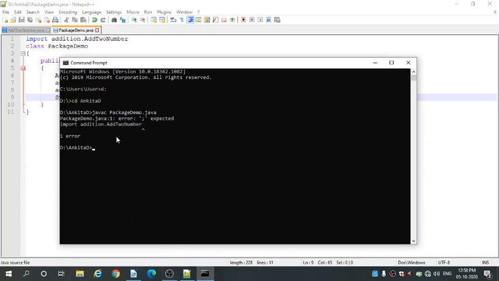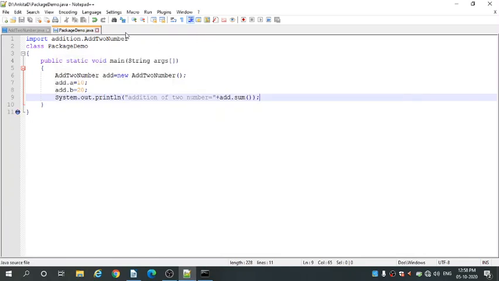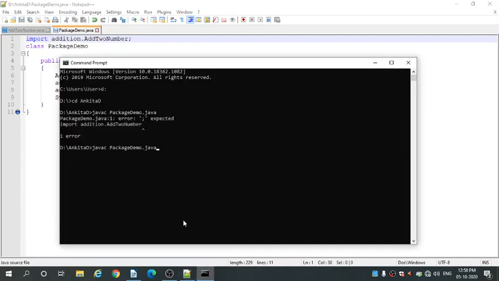Oh, one error is there. We forgot to give a semicolon here. Okay, so save again and compile again. This is compiling successfully. Now the run command: java PackageDemo.